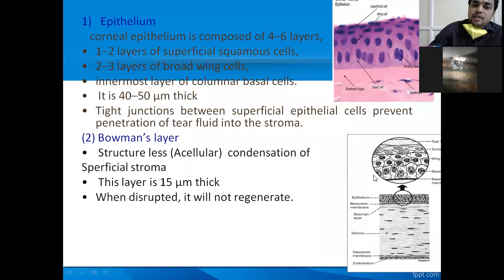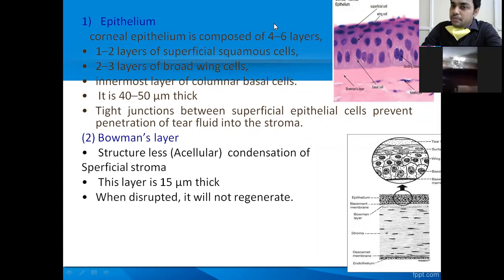Second layer is Bowman's layer. It is structureless, and it is formed by condensation of superficial stroma. It is around 15 microns thickness, and unlike epithelium, when it is disrupted, it will not regenerate. So if there is any damage to the epithelium, there is a chance of regeneration of the epithelial cells. But if there is any damage to the Bowman's layer, it will not regenerate, and it results in residual scar formation. So if there is any damage to the Bowman's membrane, there is a chance of formation of opacity